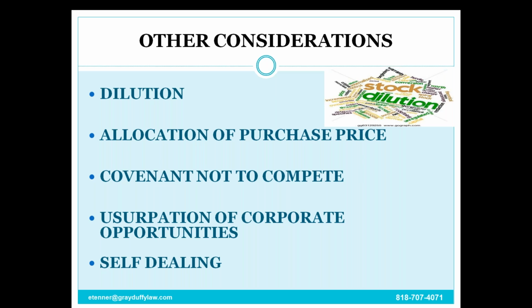Another consideration is allocation of the purchase price. A shareholders agreement, or an owner's agreement, will usually not allocate purchase price. It can be important, though, to allocate purchase price, because if you're going to have a covenant not to compete, a lot of people think they're not enforceable in California. They are in certain circumstances, but only if goodwill is being transferred with the sale of an interest. So if you haven't allocated the purchase price so that it's clear that some of the purchase price is going to goodwill, then a covenant not to compete may be unenforceable.